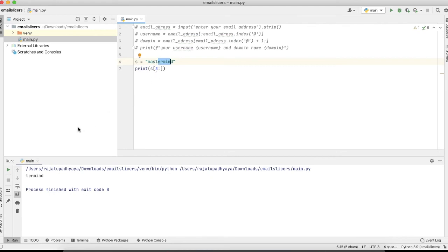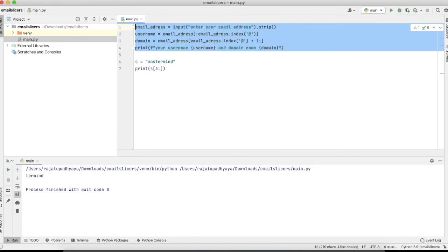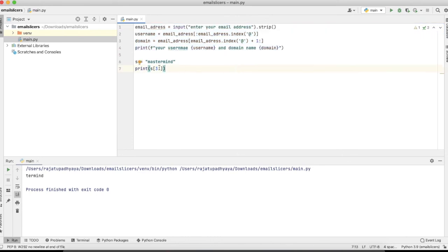So it is taking from T and printing termind like this. In our case we don't know the exact index number, so we call where the @ will come, and that index it will take.